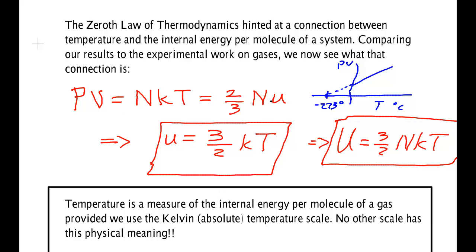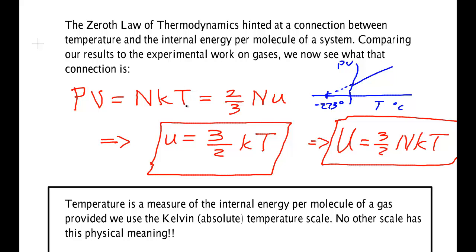PV is related to the energy of the gas. You can't have a negative kinetic energy. I mean, what speed would that correspond to? 1/2 m v squared. What number do you put in for v to get less than none of it? It'd have to be an imaginary speed. All right? So the T had to be